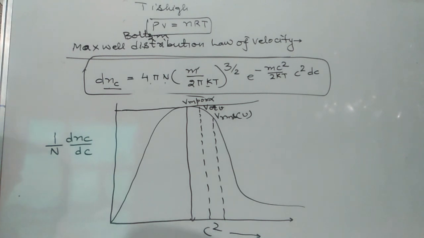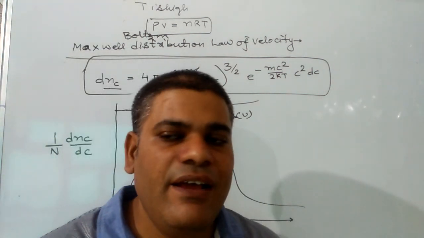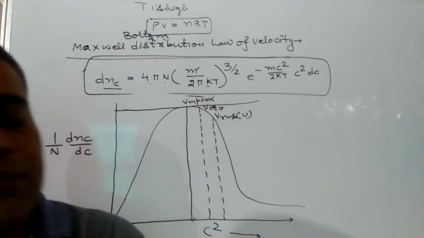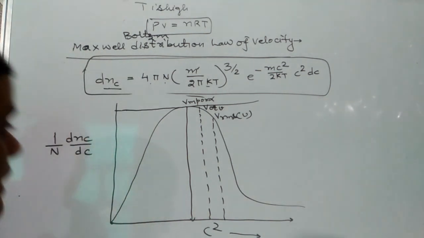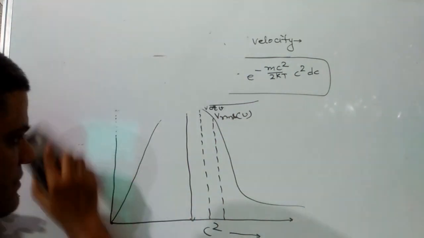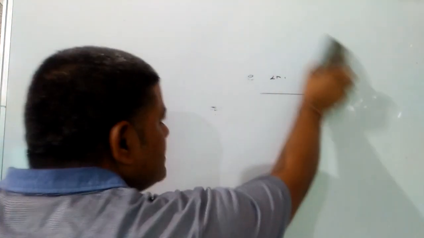From this, we get the impression that when temperature is zero, the number of gas molecules is very small. Hence, the significance of this law is that we can prove that absolute zero temperature can never be attained. And from this graph, we come to know the gas molecules have three types of velocities.